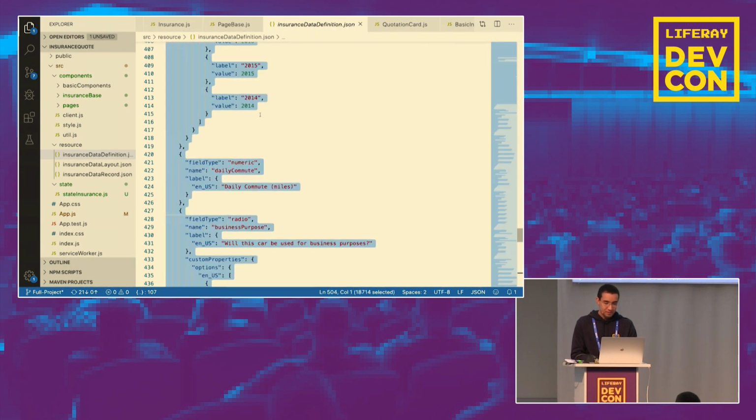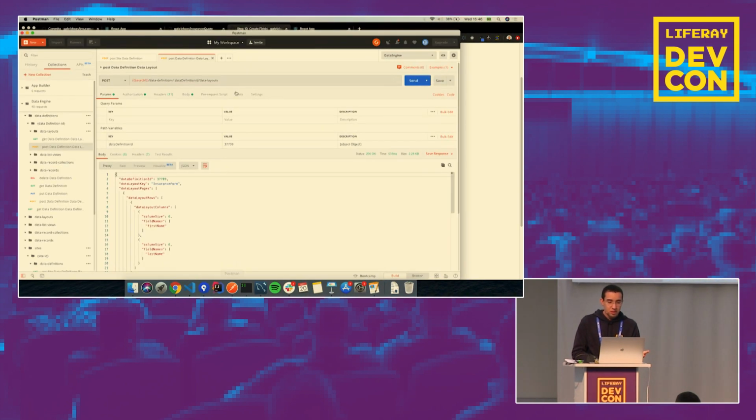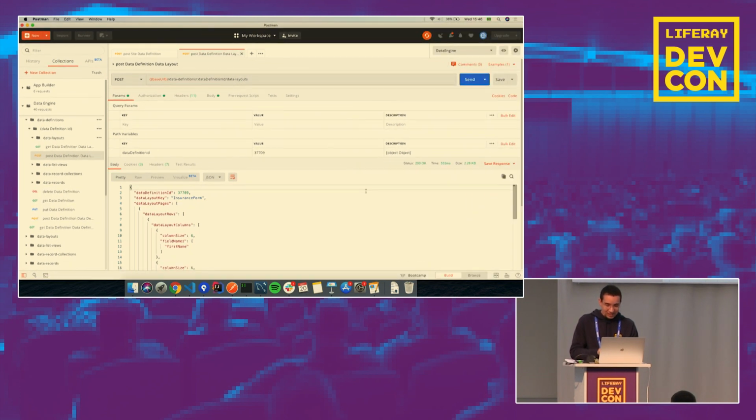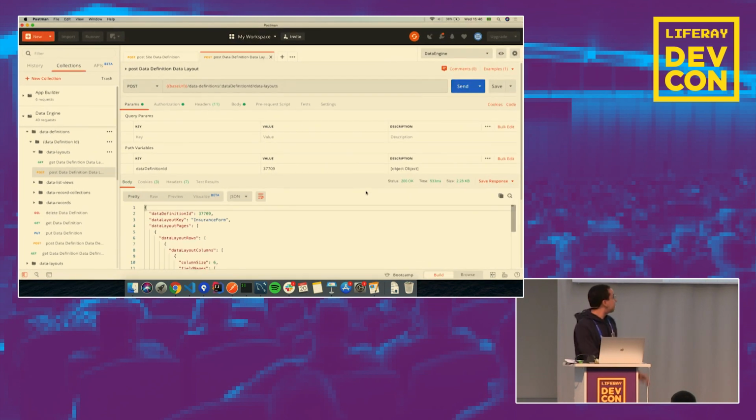Oh, and now I'm going to use Postman. I think can you see it from there? I think, yeah. Yeah. Okay. Okay? I think it's quite good. Yeah. So